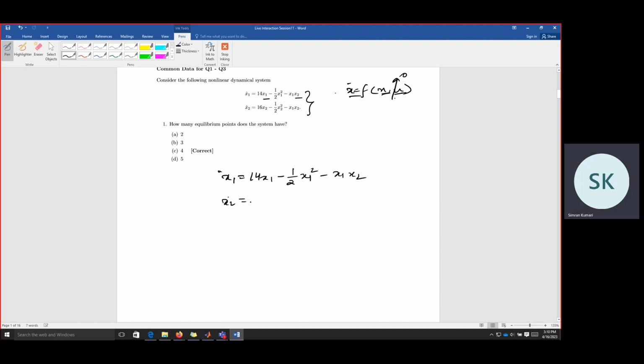x2 dot is equal to 16 x2 minus half x2 square minus x1 x2. Okay, so the question is asking how many equilibrium points that system has. So this is the system. This has equilibrium points. Basically, an equilibrium point means any state, like a point at which